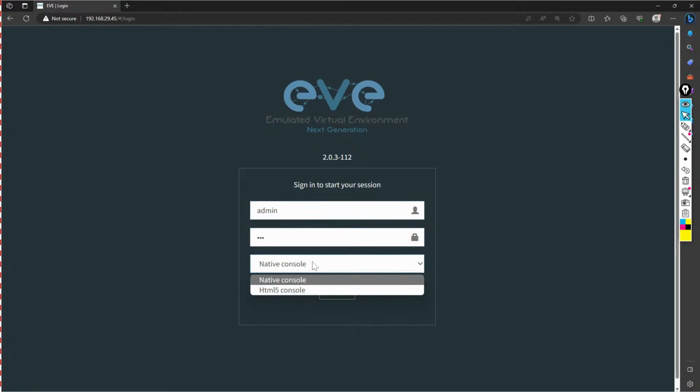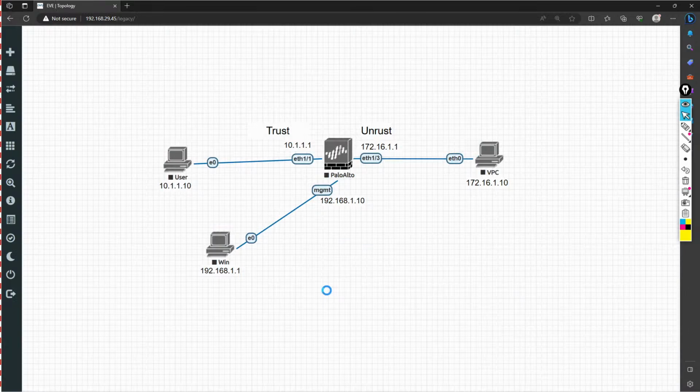For the user and password, for me it is admin, and by default for everybody the password is eve. I have not changed it. So for everybody, the username is admin and the password is eve. With this, you can log on. Once you log on to EVNG,